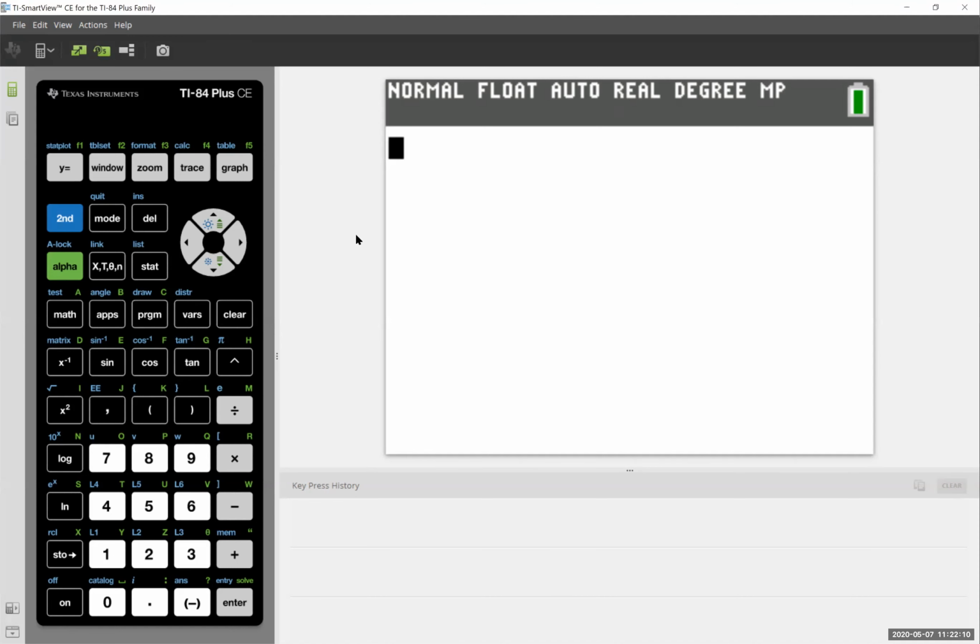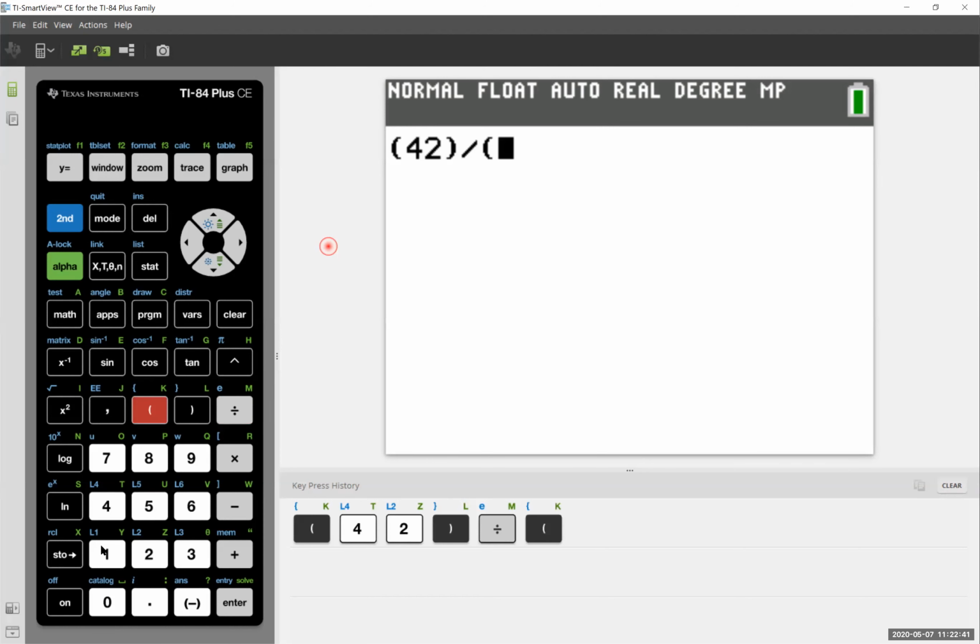So what we're going to be typing in here, I'm trying to get the spotlight to work. It's kind of glitching on me a little bit. There we go. So what we're going to do is we're going to work just with the numbers 42 divided by 14. So for my numerator, put in parentheses, put in everything I'm working with for my numerator, which is 42, end the parentheses. Then I'm going with divided, parentheses, 14, and end the parentheses.